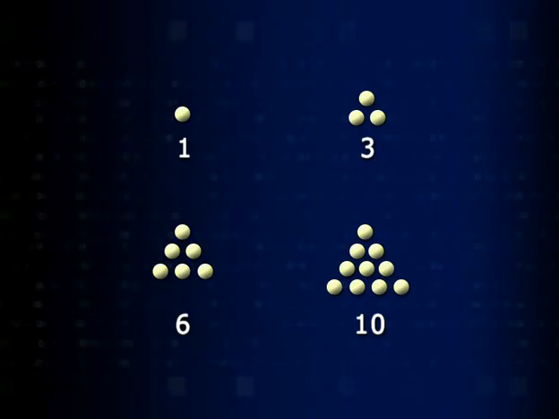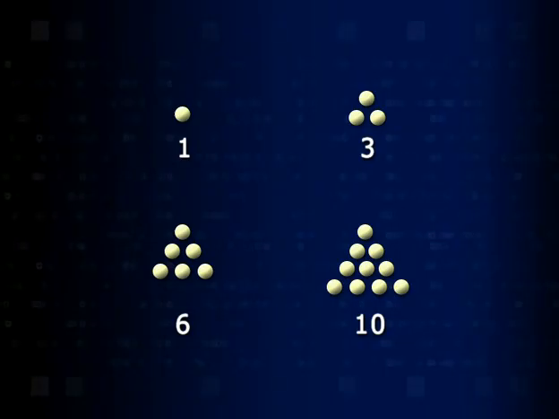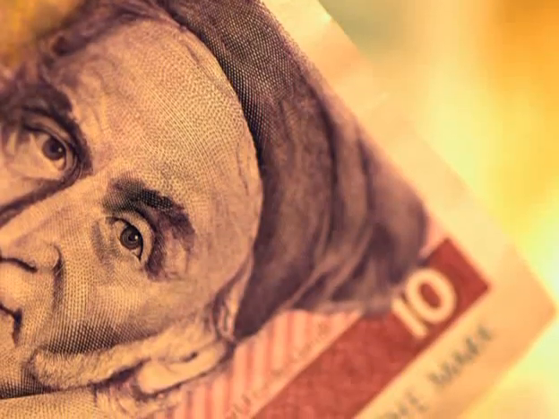Notice that the fourth triangular number, 10, equals the number of billiard balls used in a game of pool or the number of pins used in bowling. And by the way, notice that the Deutschmark that has Gauss's picture on it is a 10 Deutschmark. 10, triangular number. Coincidence? Who knows? Anyway, applying Gauss's third grade formula, we see that 5,050 balls are required to make a triangle having a base of 100 balls. And so an equilateral triangle that would be 100 here, 100 here, and 100 here would require